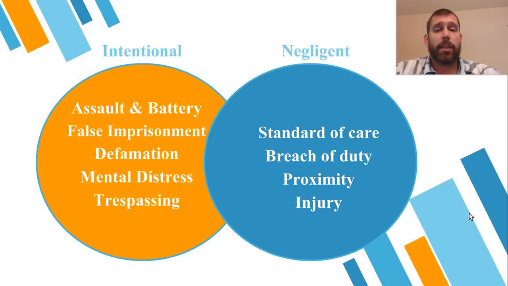Breaking down these liabilities even further, we can see that intentional would be things like assault, battery, defamation, false imprisonment, trespassing on personal property. So things that are intentional and obviously wrong. With negligence, you have to prove standard of care, meaning as an educator, you have to provide care similar to what a parent would provide in the same situation. Breach of duty is saying that you are not providing that standard of care. Proximity is saying that something happened because of something you did or did not do. And lastly, there has to be some kind of injury that occurred.